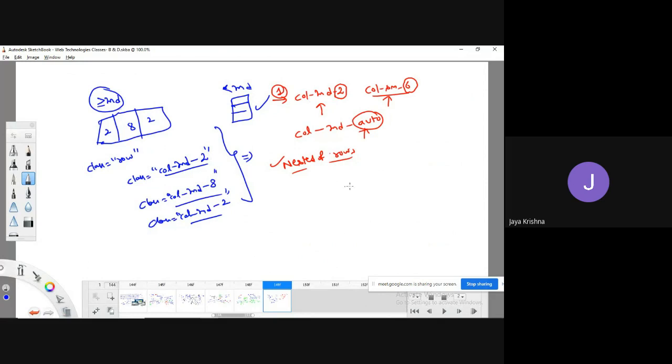What I will do is I will take two rows, and in that first row I have taken two columns. The first column is split into two rows, and again this row is split into two columns. So this is the final structure I need to get as output. This is what we call nesting of tables. All this concept, you know, right?